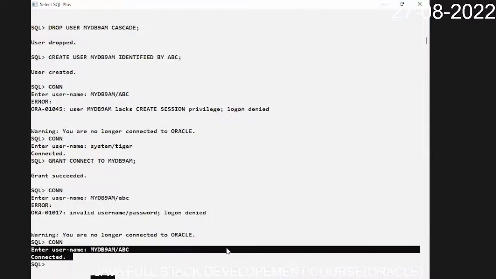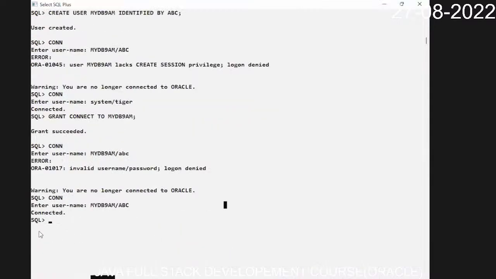Okay, let me come. So now after connecting to your database as Oracle server, suppose you connected with your MyDB 9am slash ABC. After that, this user wanted to change his password. Whenever you want to change the password, you use the password command. By the help of this command, we can change it here. And now let me see, I entered it, and immediately it was asking me,